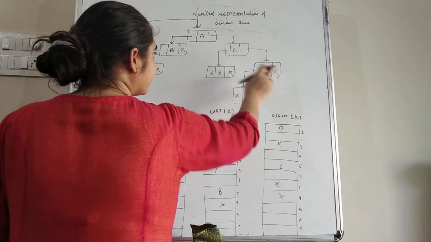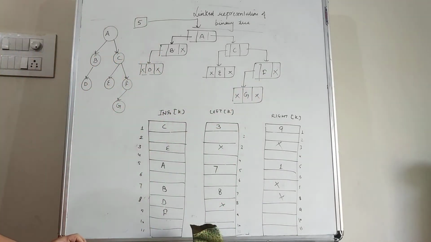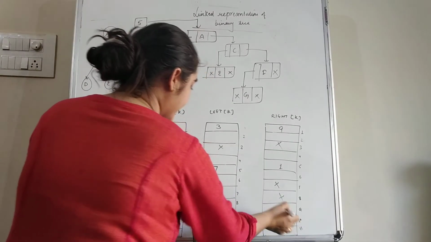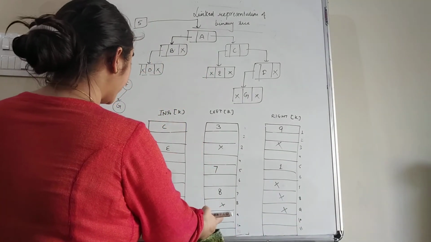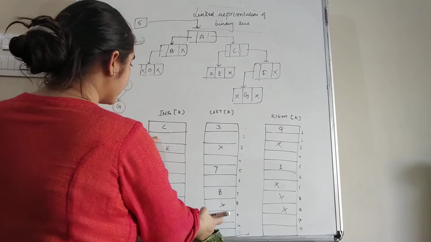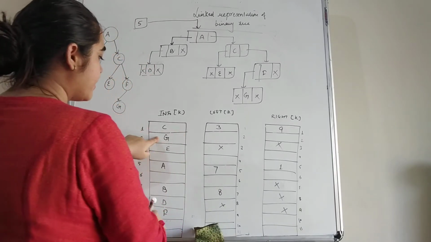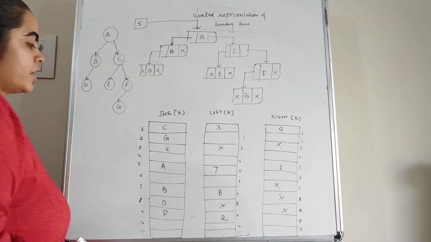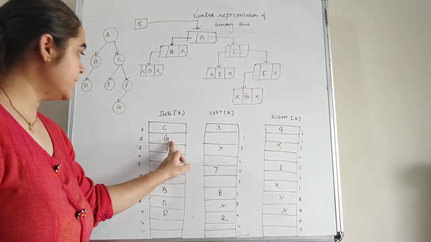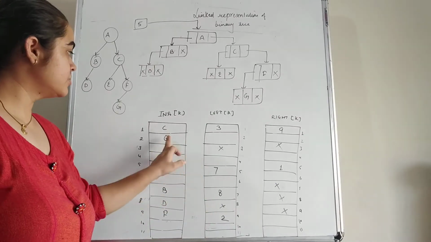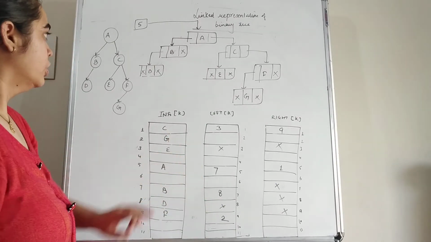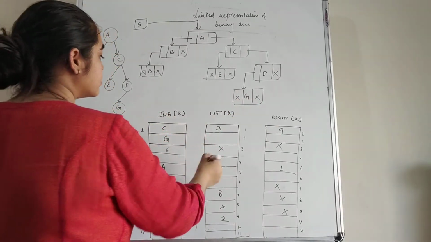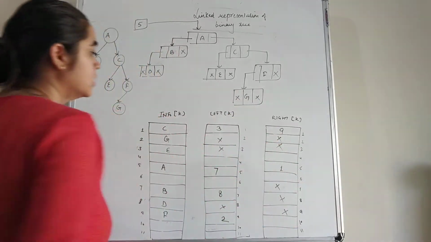Further, for F there is no right child but there is a left child. So that means for F there is no right child, but here we can update the address. Suppose G is at memory location 2, so we can write here 2 because G is the left child for F and G is stored at memory location 2. Now students, G is having further no pointers, so we can put the null pointers here.